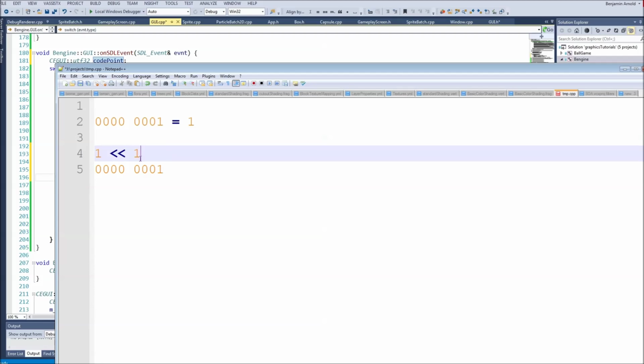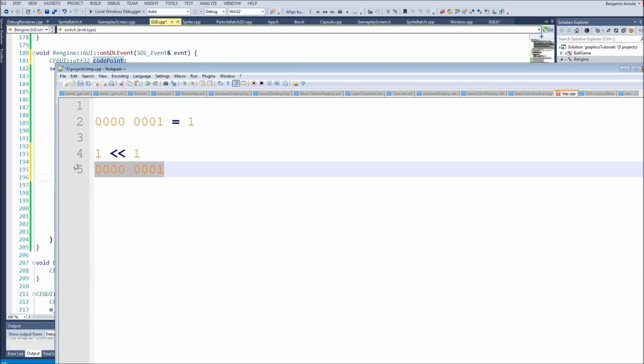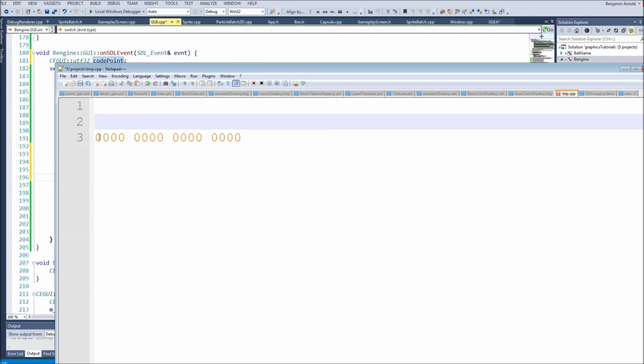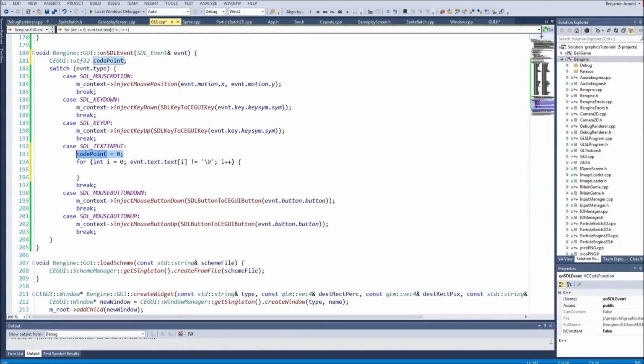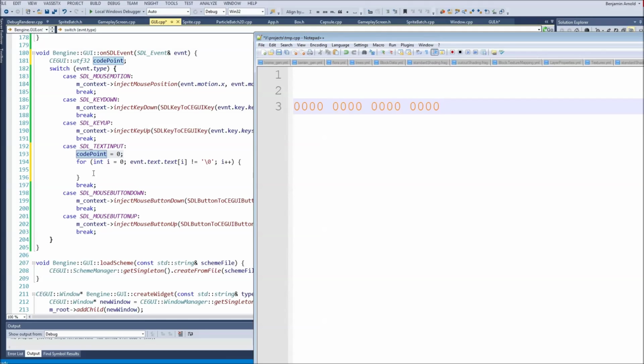It's kind of neat. So that's bit shifting, and the way we're going to use this is, let's say we have our UTF-32 value here. Right now I'm only going to use 2 chars, which is 16 bits, just for simplicity. So here we have our code point. It's set to 0. Let's say the first letter is A, and I have no idea what the Unicode value or the ASCII value for A is. I forgot. I think it's like 97 or something like that. And I'm just going to put a bunch of 1s here. What we're going to do is we're going to want to store that A right here in the least significant